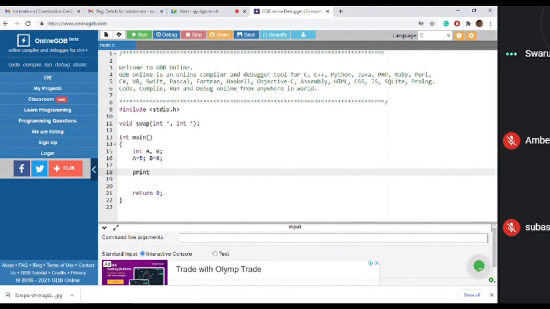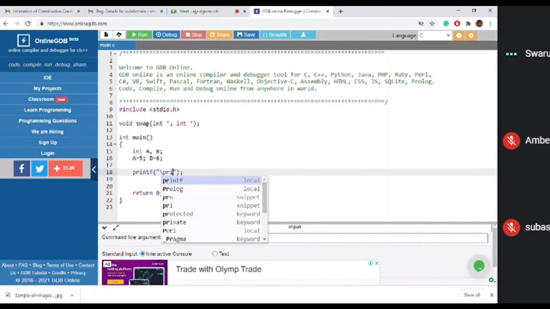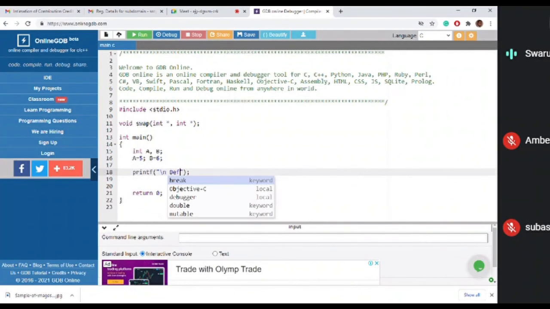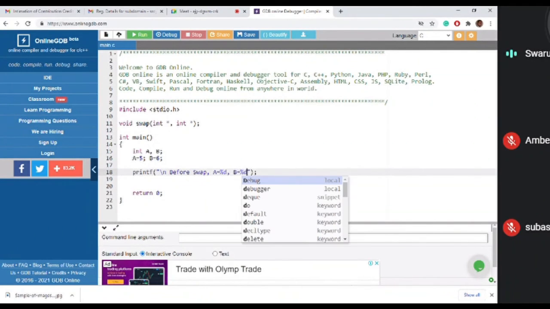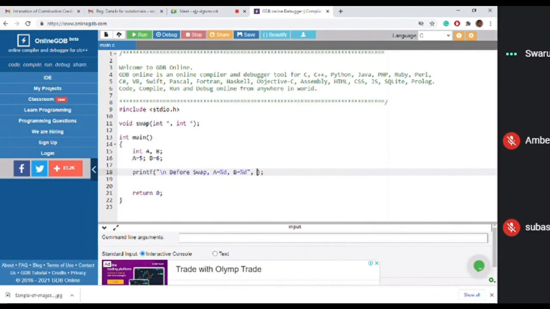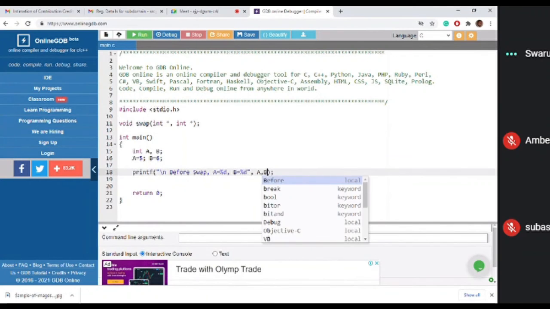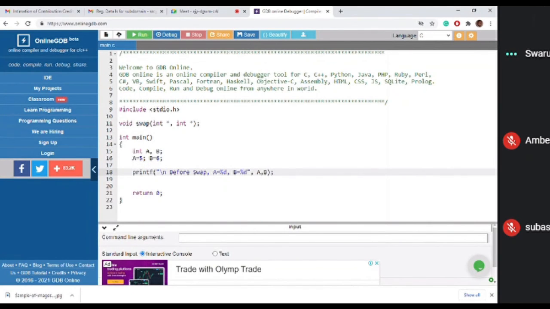So printf before swap A is equal to %d, B is equal to %d, A comma B. Then we call it swap.